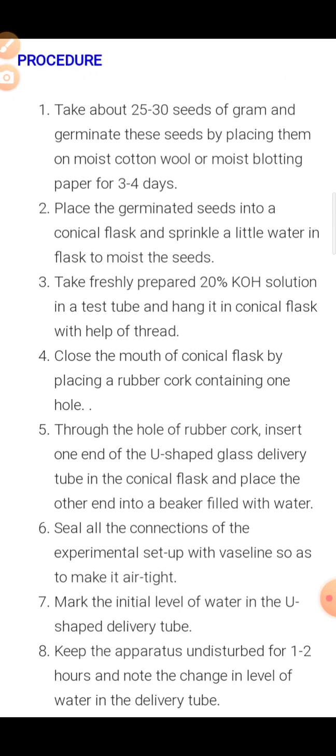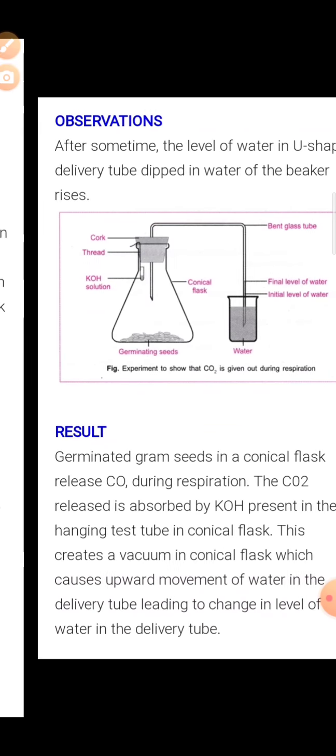You will see in your book it has been written in points. You also write in points, but use your own words for writing the practical. Please don't use direct sentences as given in the book. Use indirect sentences. In English you have learned direct and indirect sentences, how to convert. So use that technique here also. Use indirect sentences for writing the procedure.